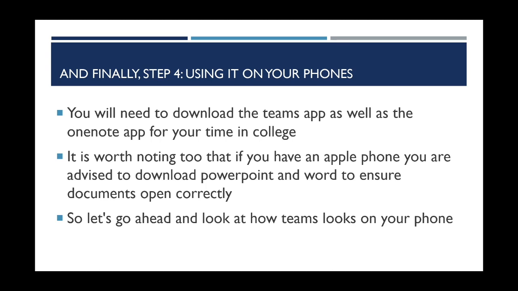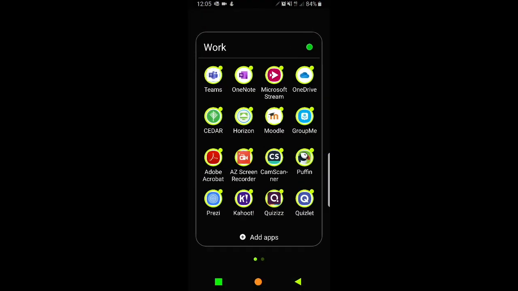So once you've done that, we're going to go ahead and look at how Teams looks on your phone. Okay, so just bear with me. I'm just going to change the landscape. It'll look a bit weird, and then we'll open it up on the phone screen. Okay, so my Teams app is in this folder here for work. And if I go into my Teams,